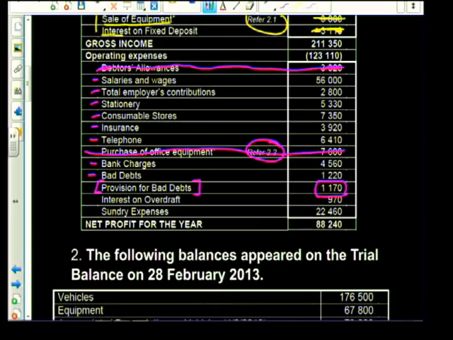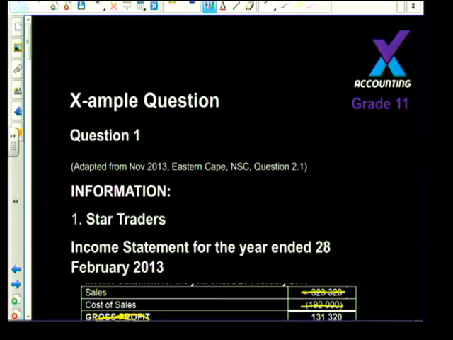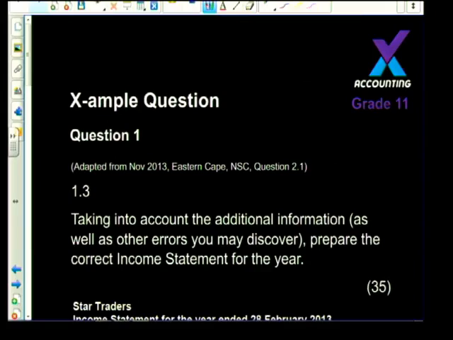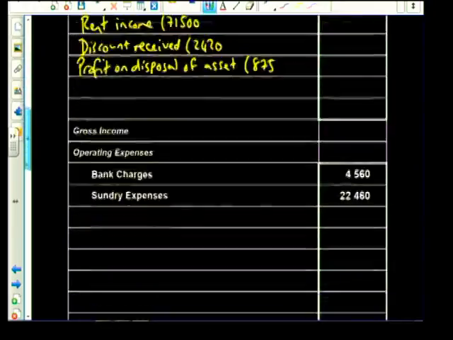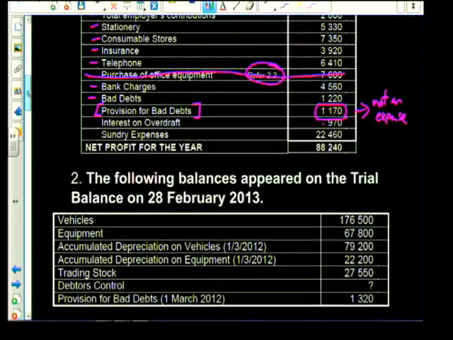We're going to come back just now, but please bear in mind that this is not an expense, and we'll talk about it shortly. Here's our interest expense, and what we should do is record the interest expense on overdraft. The amount was 970. That amount shouldn't be recorded in operating expenses. It should be recorded over here as its own special item. 970 Rand should appear here. And then finally, we've got sundry expenses of 22,460, and that is also an expense and needs to be recorded